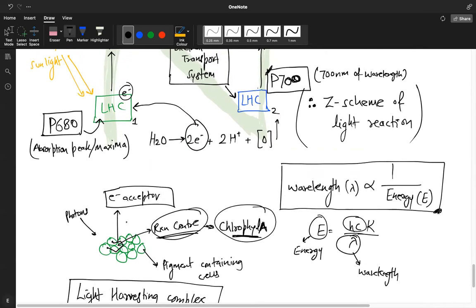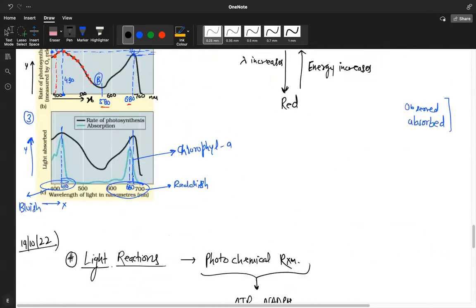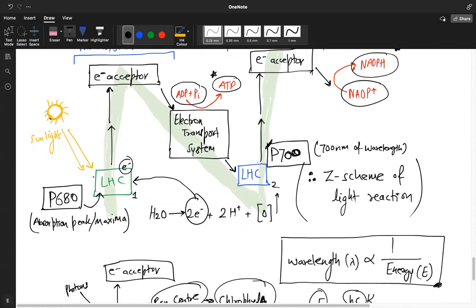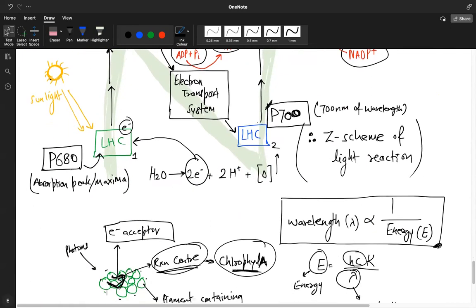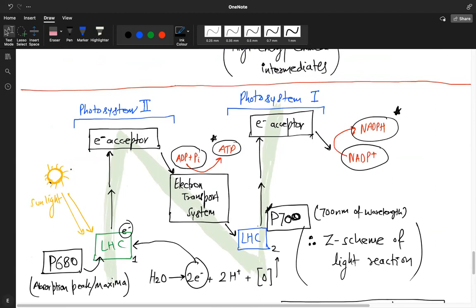In the LHC, there is a reaction center, and then there are peripheral cells. Only these cells through which the excitation happens are the reaction center. The reaction center will only have chlorophyll A. That's why it starts with 680, because the maxima for chlorophyll A is 680. Other cells can have other pigments as well, so they help the process of photosynthesis. But to start the process in the initiation, in the reaction center you need chlorophyll A, because chlorophyll A